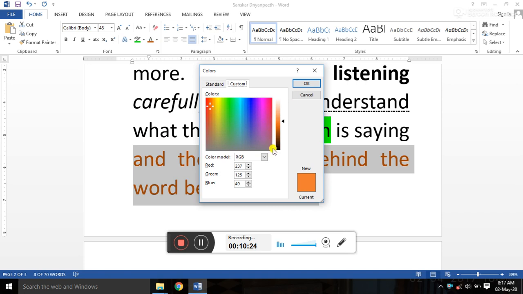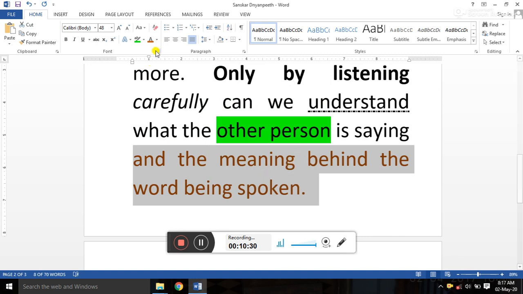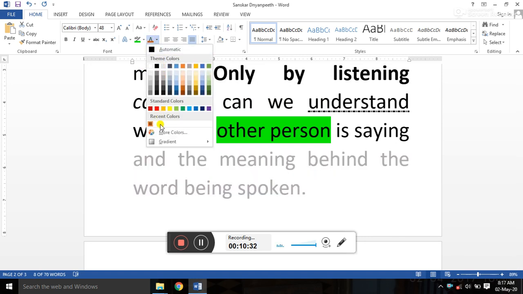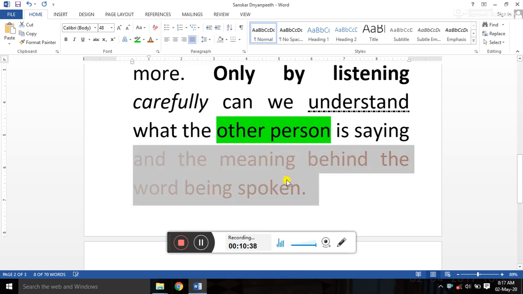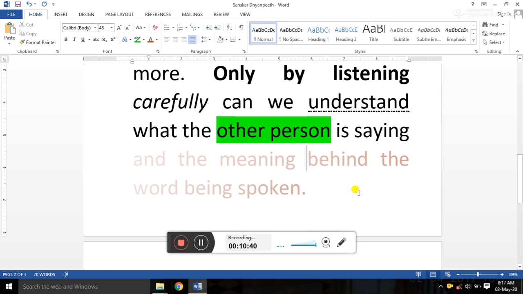Now here many more colors are there. From that you can also make your own color, right? And while making your own color you can apply it. Now let us see, again there are different types of gradients, right? In such a way, if you want to apply a gradient to the given text, you can also apply such a gradient, right?